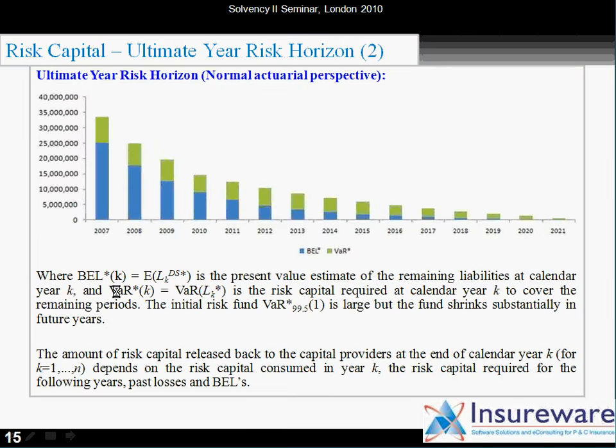So basically now you have the bells, the mean reserves, but on top of the mean reserves you have VaRs, and these VaRs are the VaRs from the year till runoff. So this will be VaR star 1, VaR star, say, let's call this VaR star 2007, VaR star 2008, which is the VaR up to the end of the runoff. So pictorially,